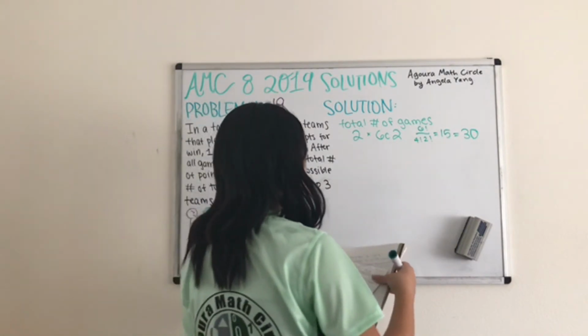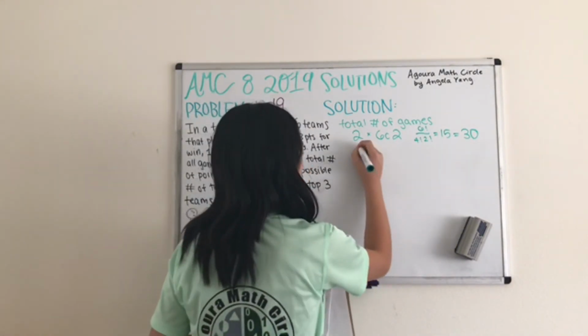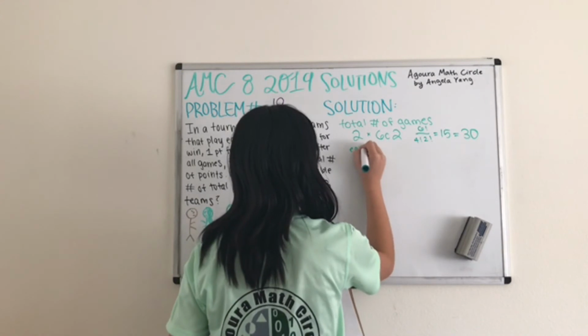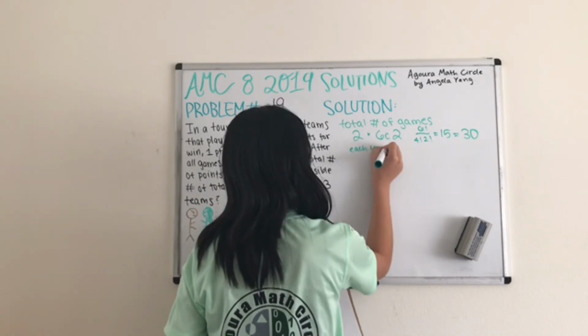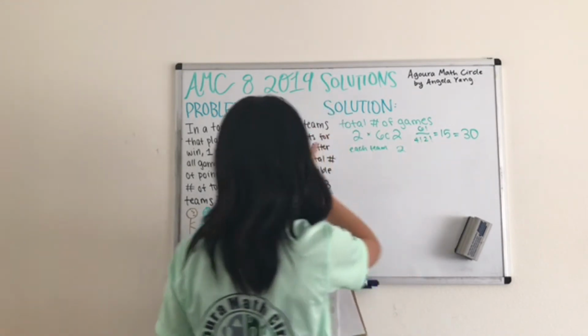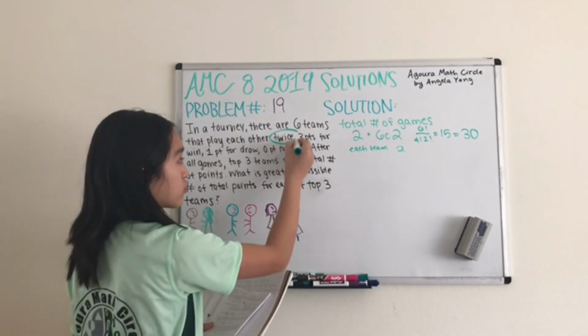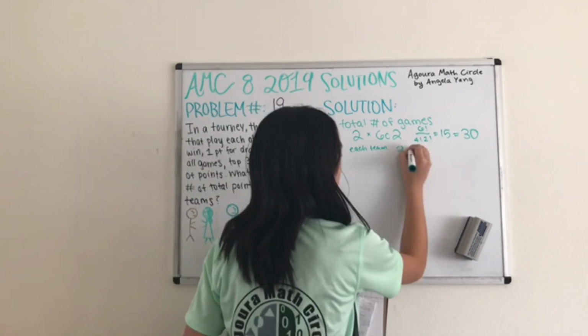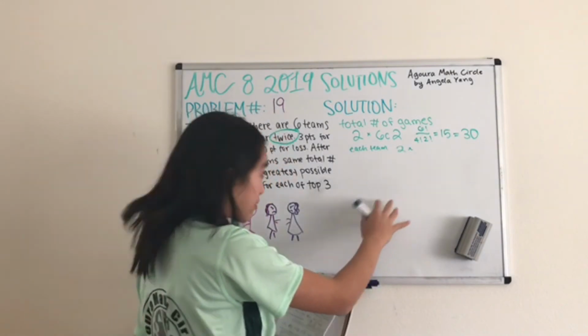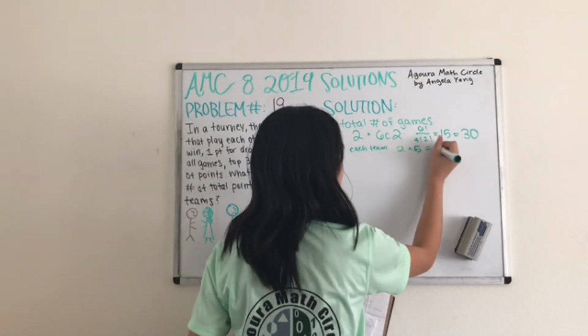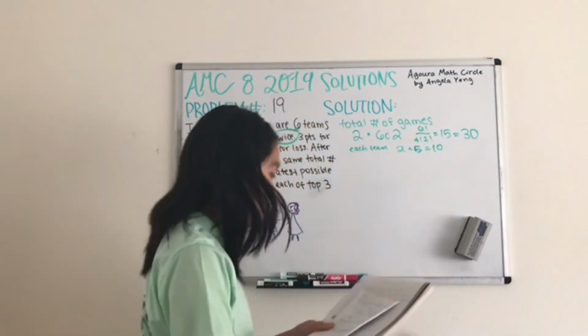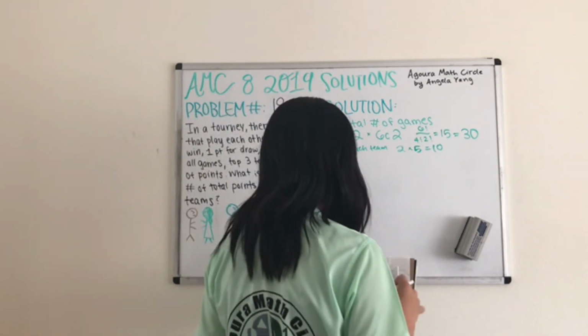Now, how many games does each team play? Well, each team plays 2, because they play each other twice. This is a crucial part, twice. Times 5, because there are 5 other teams that they play. So that equals 10. So each team plays 10 games. Now that we know that part,